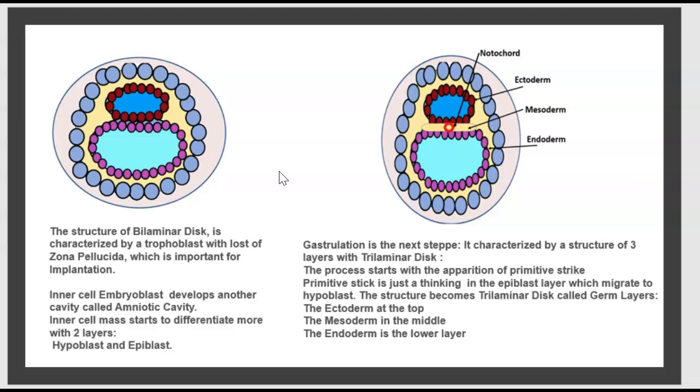called germ layers: the ectoderm at the top, the mesoderm in the middle, and the endoderm